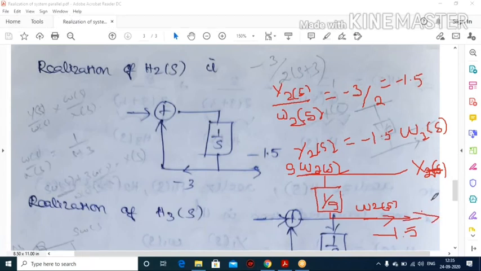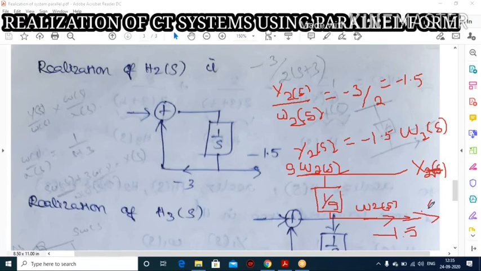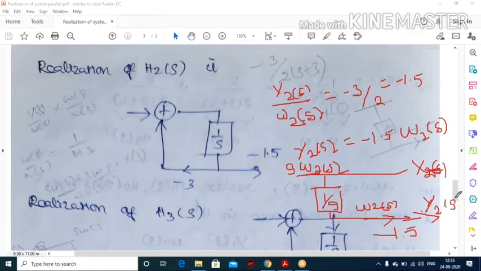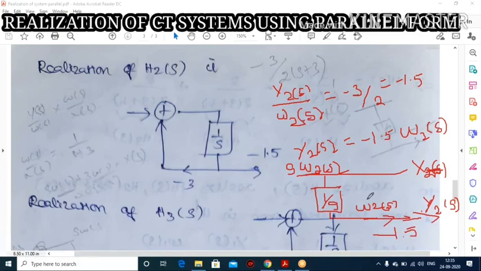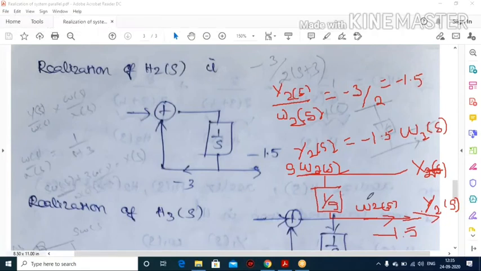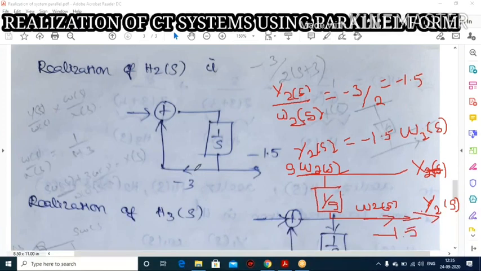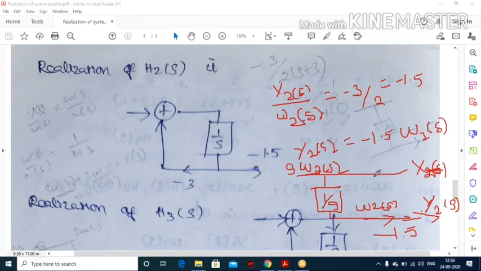So this output portion is what I get. This one is y2 of s. Okay, so already I drew one diagram. Now I will draw the second diagram. Now I just bring down and join these two lines, because in the previous diagram also your output is s into w2 of s. You have the one line. So here also you have s into w2 of s. So I just bring this diagram and place it here.